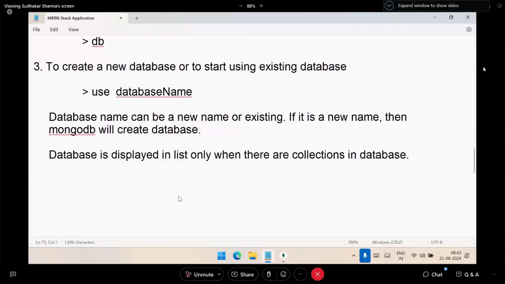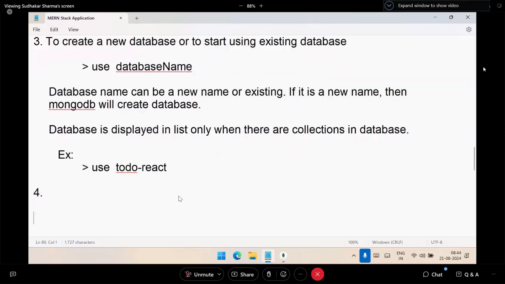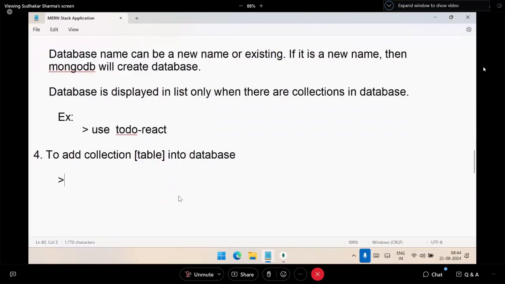So now how to create collections? For example, we have use todoreact, that is the database name. Now, how to add a collection into the database? Here collection means table. To add a collection into the database, we have to use the command